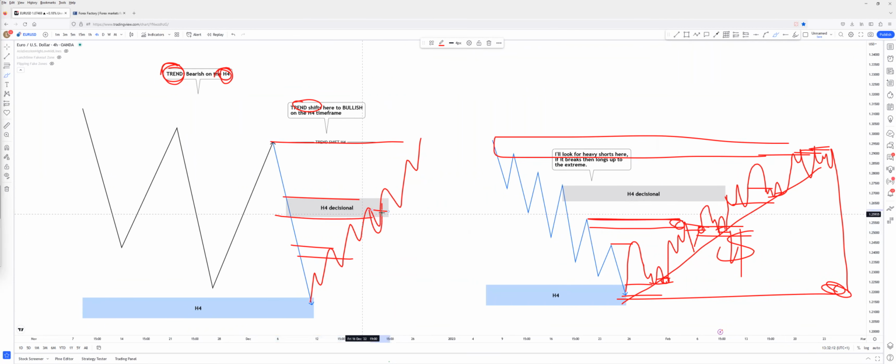Imagine catching a short here, targeting this low point. That will be like 1 to 30, 1 to 40 risk-reward ratio in one trade. Of course, you took losses before because you tried here, you tried here, you tried here. You took like 2, 3, 4 losses. Who cares? You're going to force and prioritize these shorts over and over and over again until the trend shifts. And you're going to take losses on these good opportunities. But one opportunity will print you the desired risk-reward ratio because the trend is still bearish on the 4-hour time